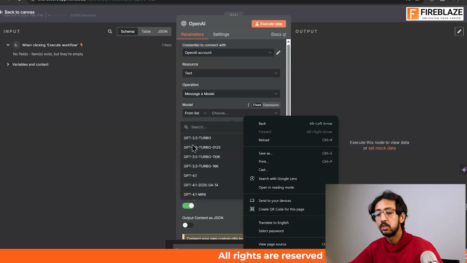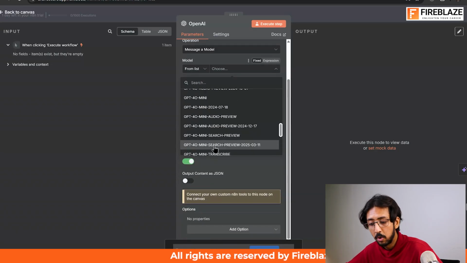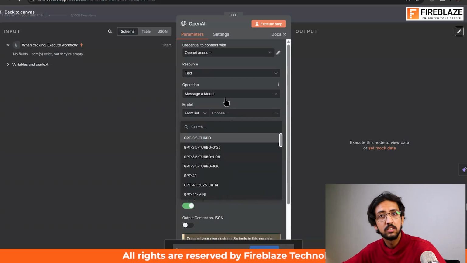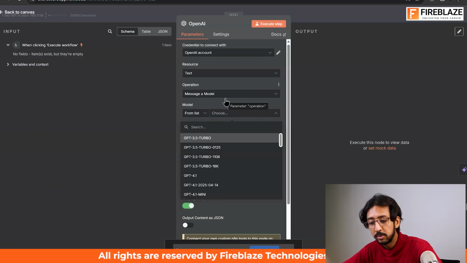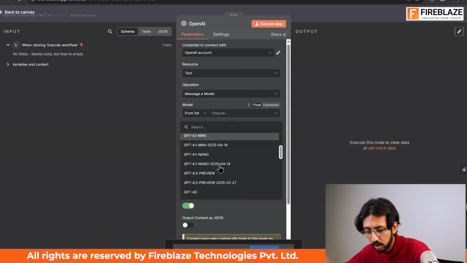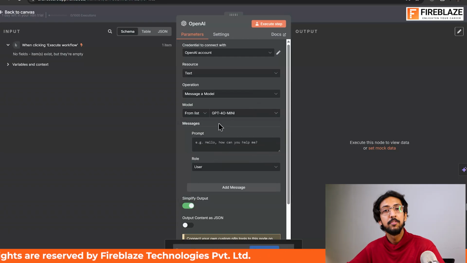Along with that, we are also given a choice from the tons of models that we can choose from, as compared to just the three models that we are given an option to choose from in the free version of API credits. Now let's choose the GPT-4 Omni,